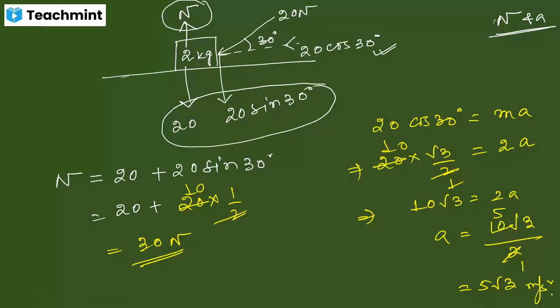You don't have to substitute the value of root 3 here. We know it has a value of 1.732. You have learned this in the chapter of class 10 application of trigonometry, most probably in mathematics, where you learned the value of root 3. So now we are proceeding to different types of problems.